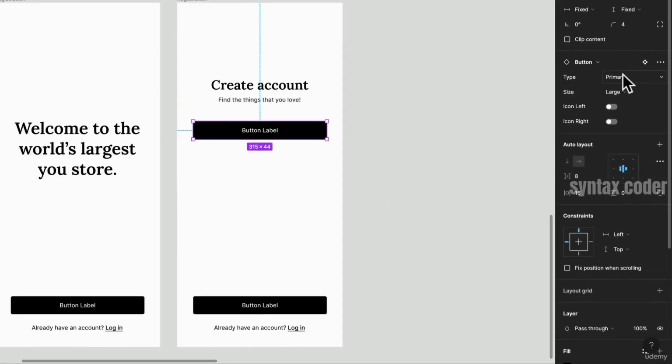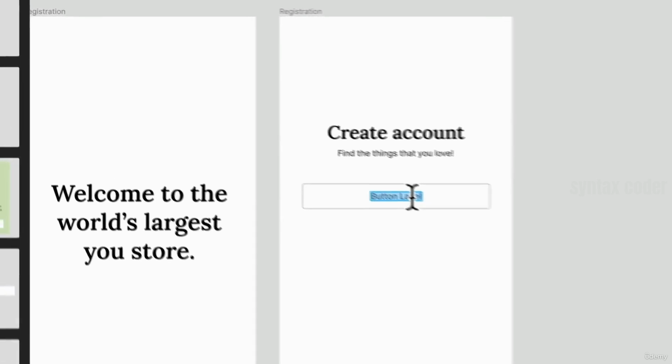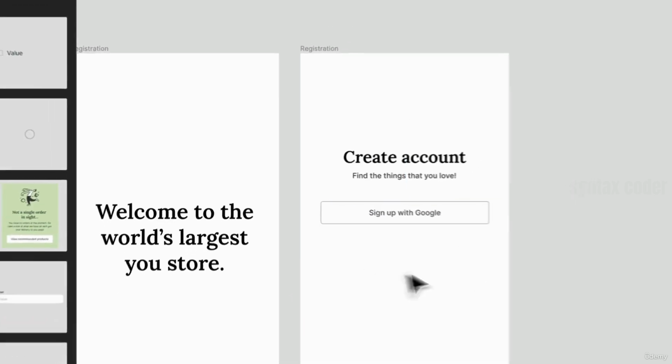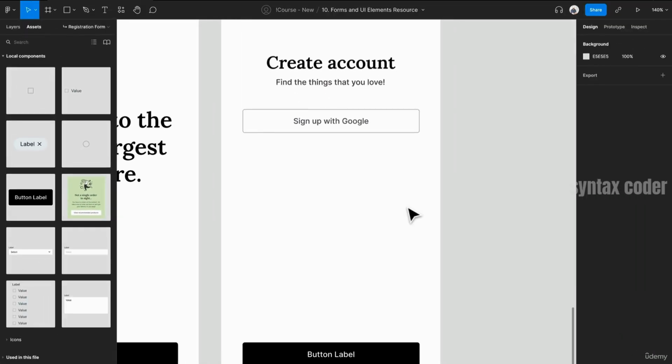So I'm going to make a copy. I'm going to make this a secondary button component. And then I'm going to make it really easy for them. Sign up with Google. So going straight to a social sign in right away. And then we're going to give them the option,